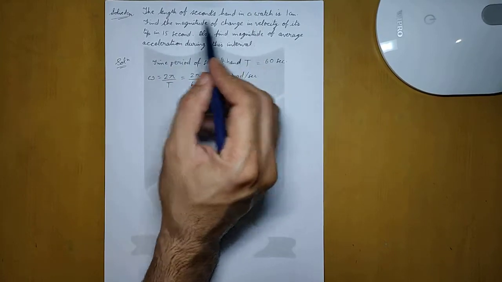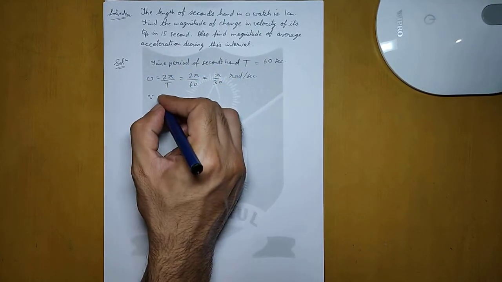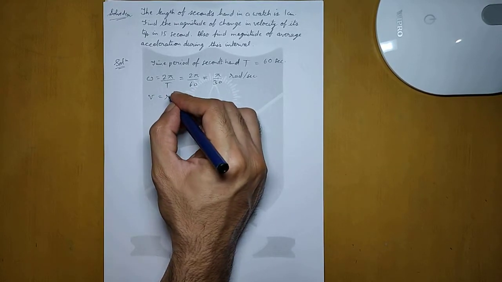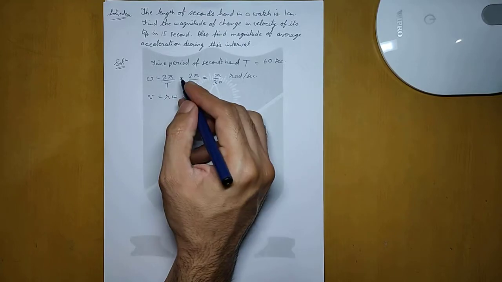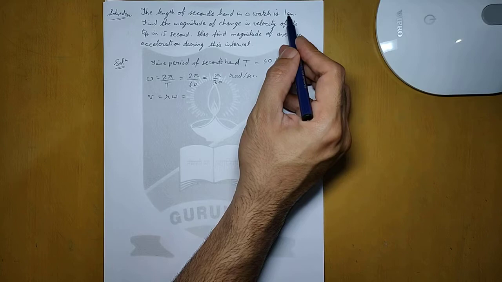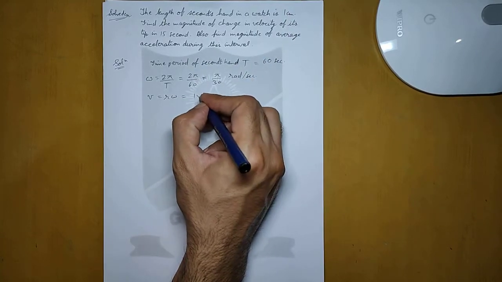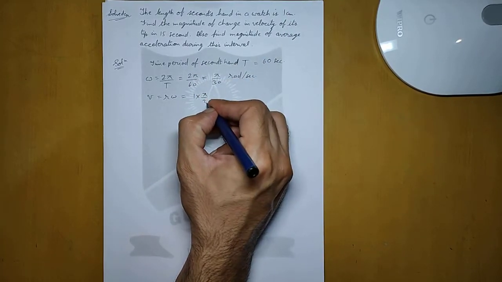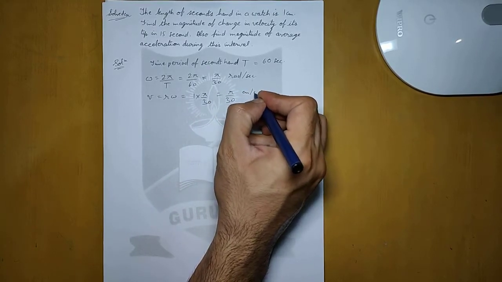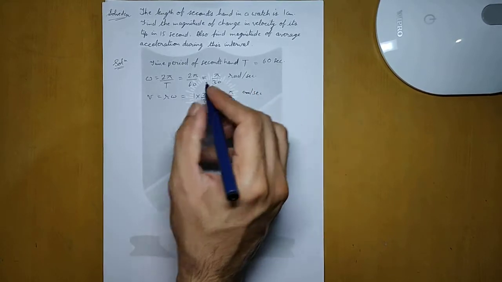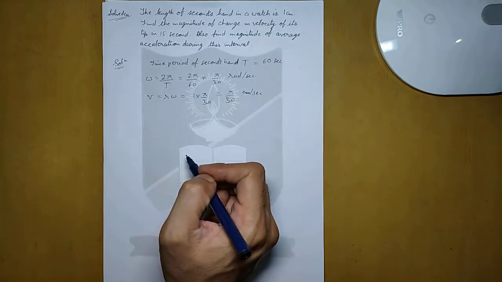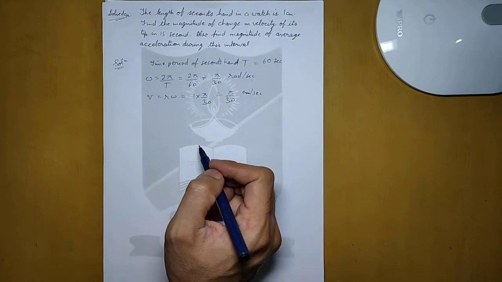The velocity of its tip, that is v, we know that the relation between v and omega is v equals r omega, and r is the radius of the circle that the second hand will make. This r will be equal to the length of the hand, which is given as 1 centimeter. So this will be 1 into pi by 30, so this will come out to be pi by 30 centimeters per second, because we have put the value of r in centimeters.